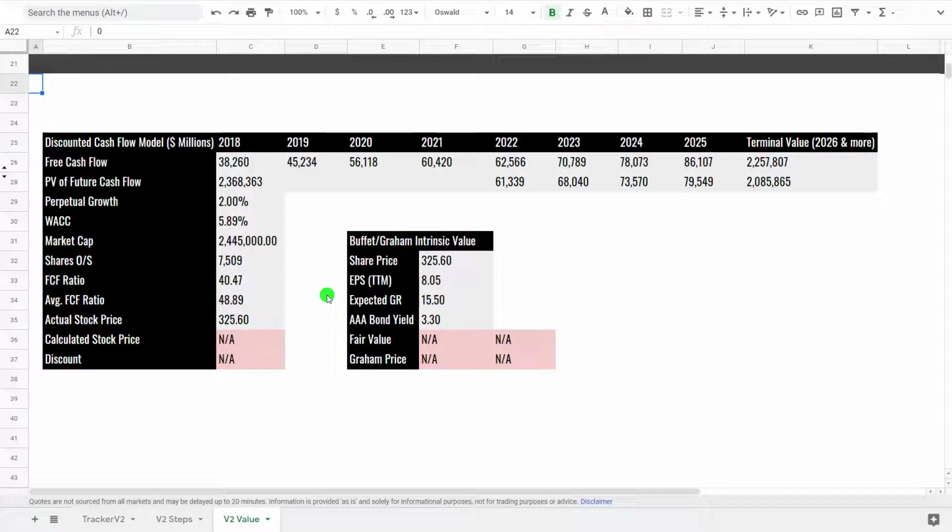So I've got discounted free cash flow, where we're going to calculate the future free cash flows of Microsoft to give a terminal value and bring it back to today's value, and then give a calculated stock price. As you can see here, these are the calculated free cash flows: 62 billion, 70, 78, and 86, and that gives us a calculated stock price of $315.39, which means it's trading just a little bit overvalued, about 3%. So very, very close, and these are pretty conservative numbers.